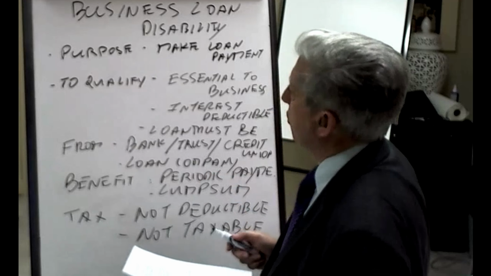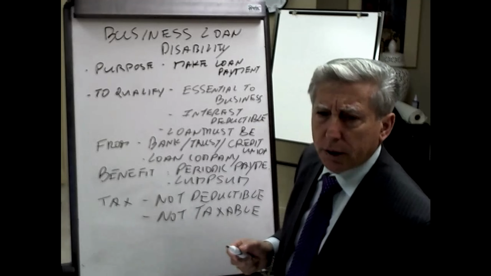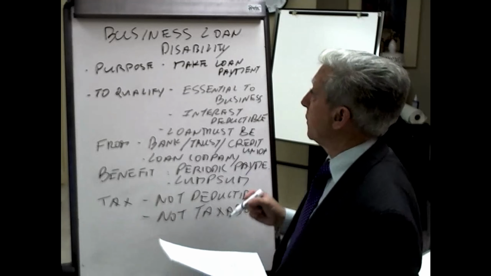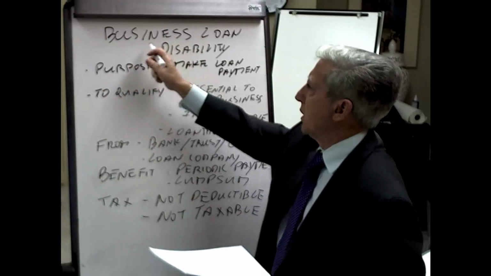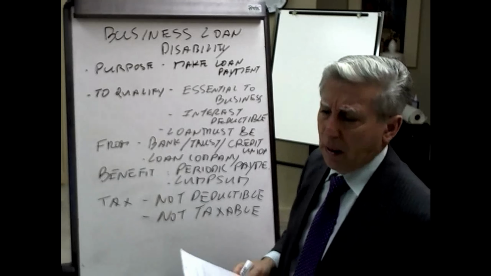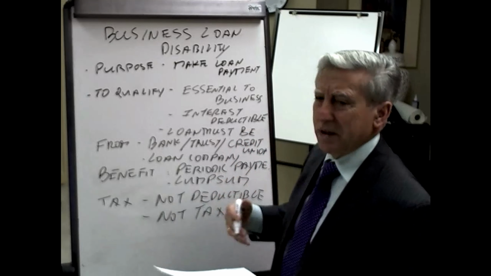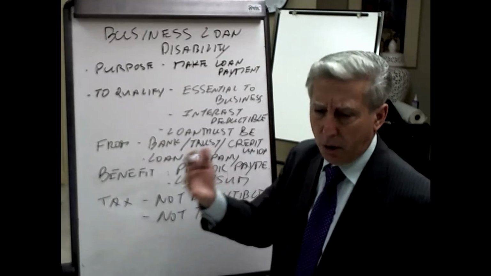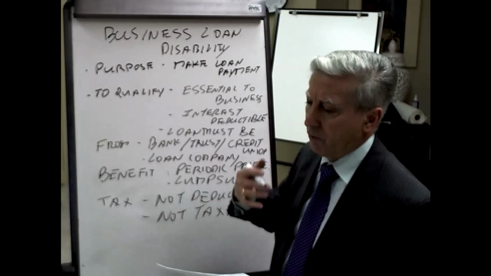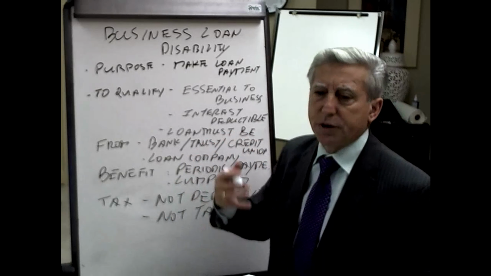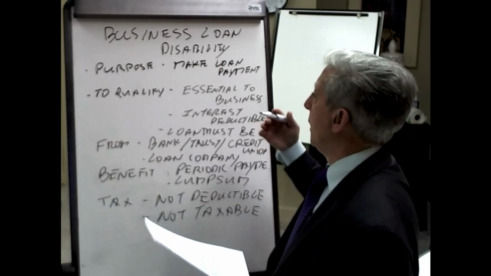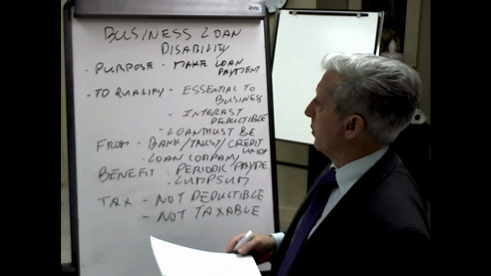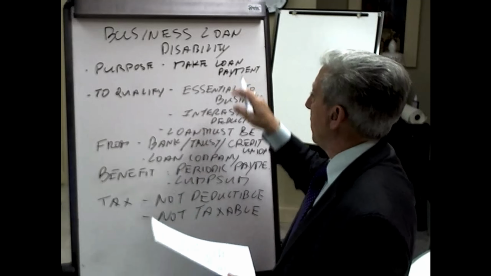Today, I'd like to introduce you to a relatively new disability type policy in the marketplace today, what we refer to as business loan disability insurance. Now, remember, once again, it's for business purposes. So because it's for business purposes, the definition of disability is own occupation. Always remember that whenever we're talking about a business, it's always an own occupation definition, not a regular or any occupation or anything. The purpose of business loan disability insurance is to make a loan payment.